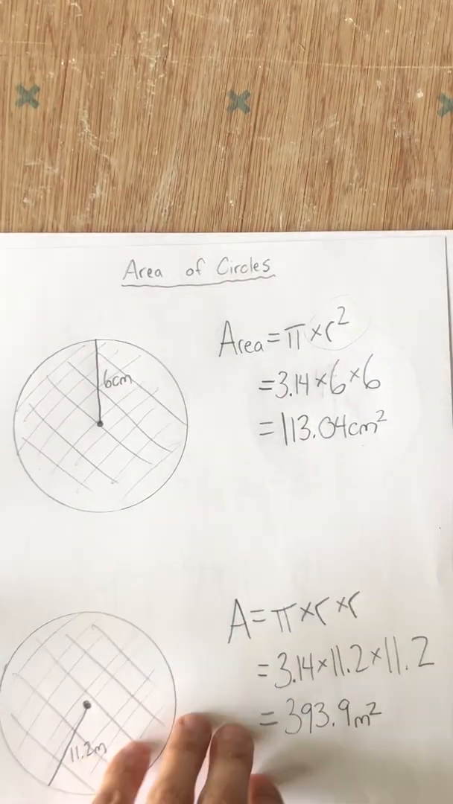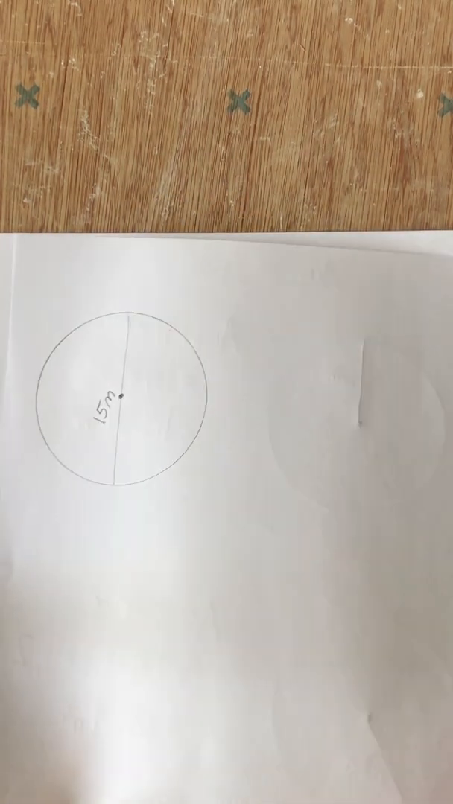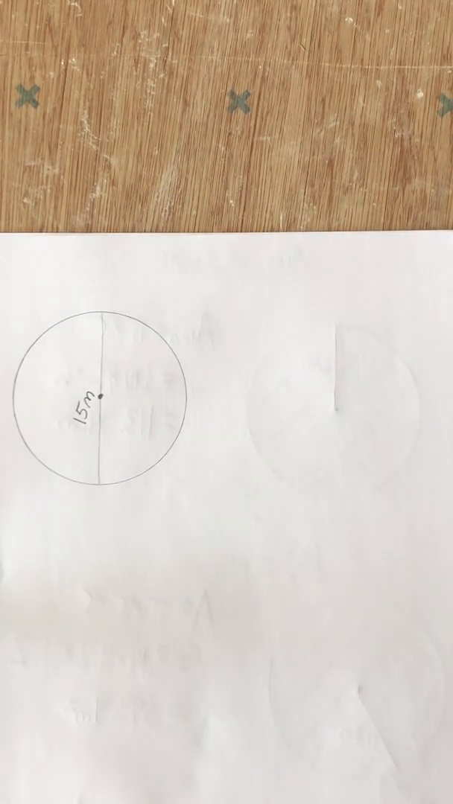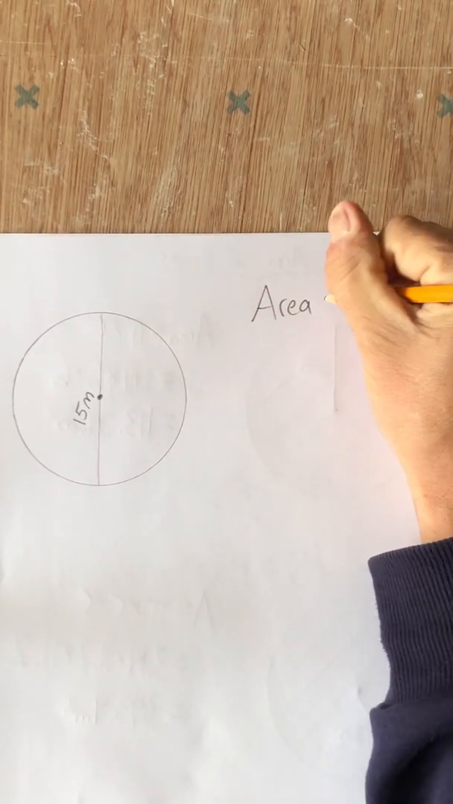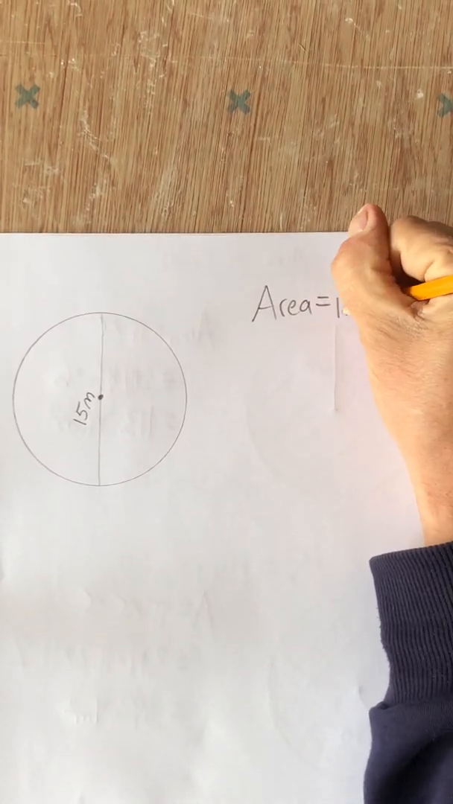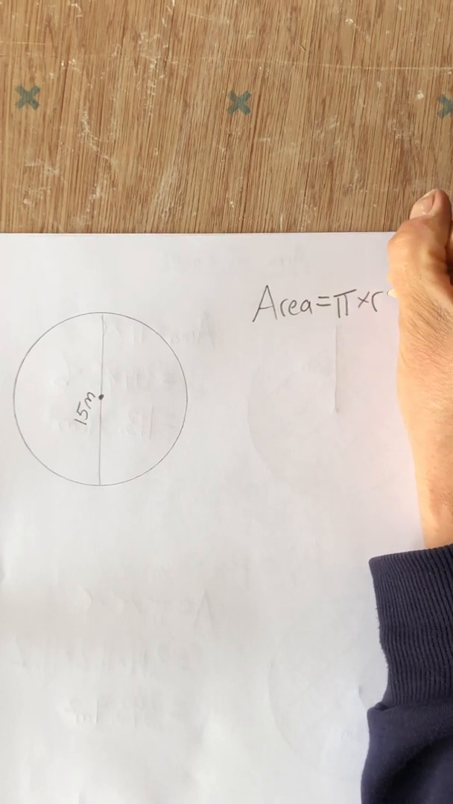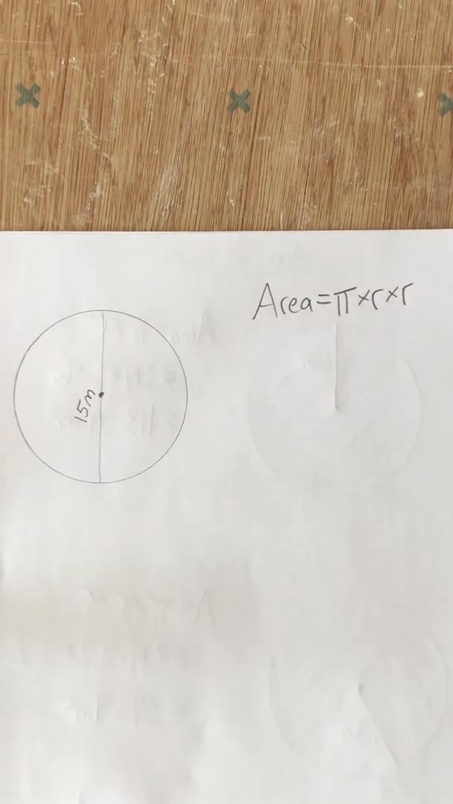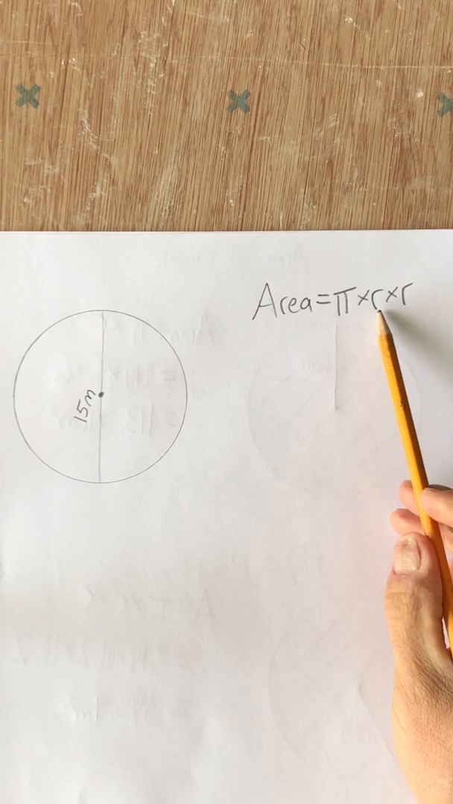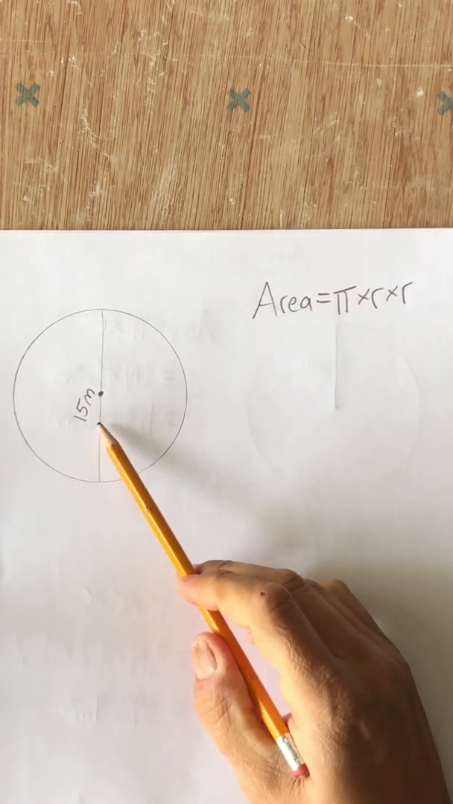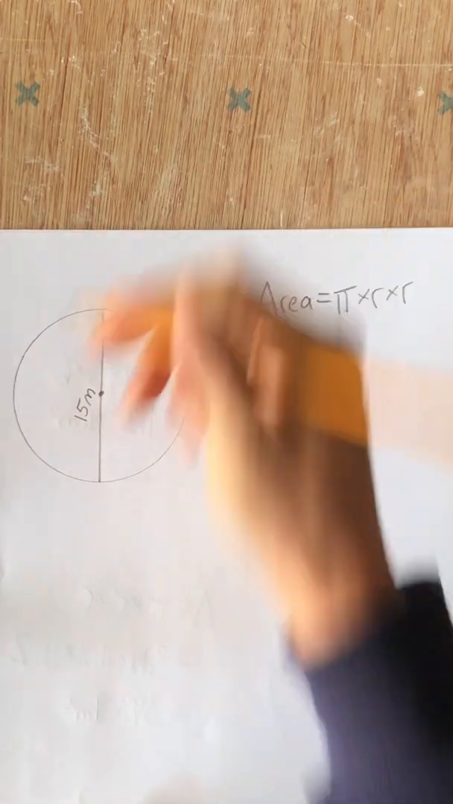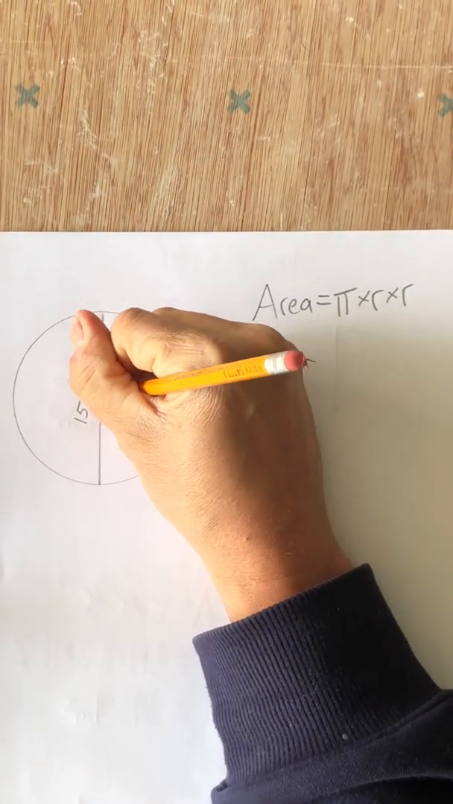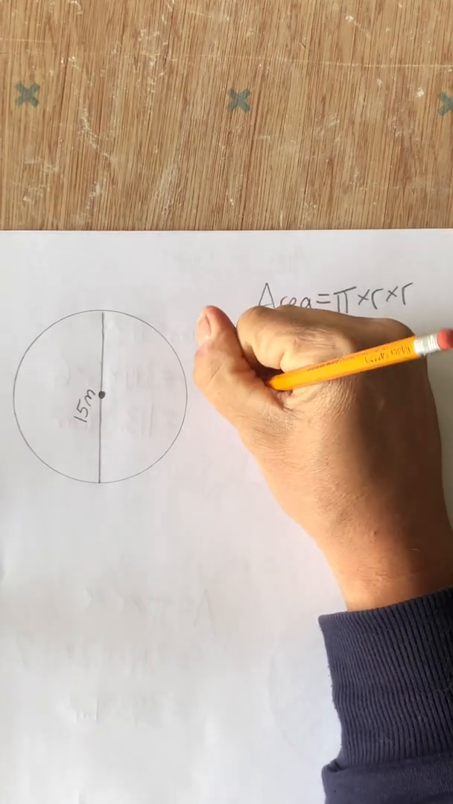Okay, let's do one more example. So here's a circle, and we want to find out the area. So remember, for area, the formula is pi times radius times radius. So the first thing I need to recognize is I haven't been given a radius here. I've been given a diameter, right? And I hope some of you guys noticed that right off the hop because we're getting really good at this now. So the diameter